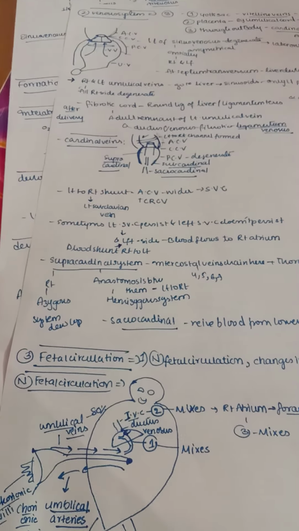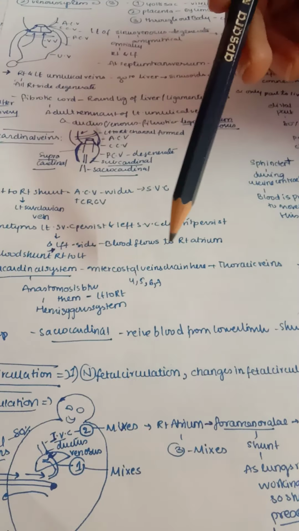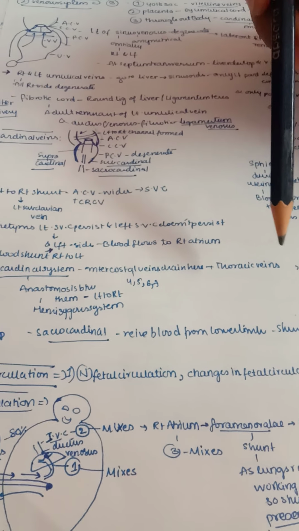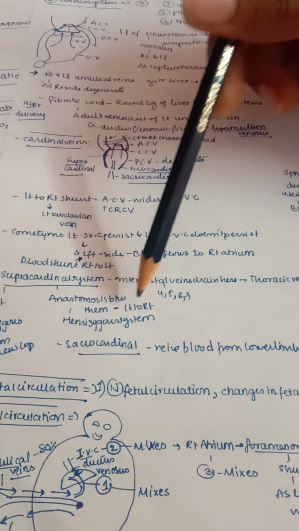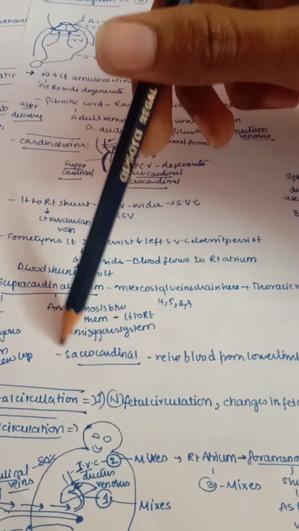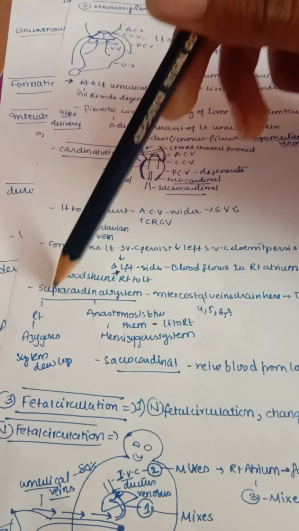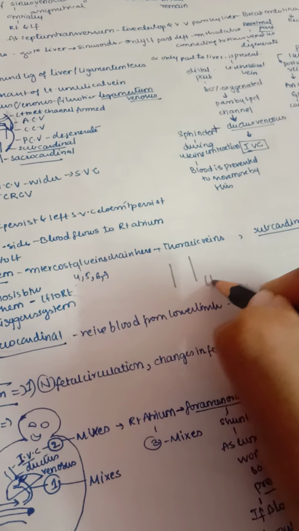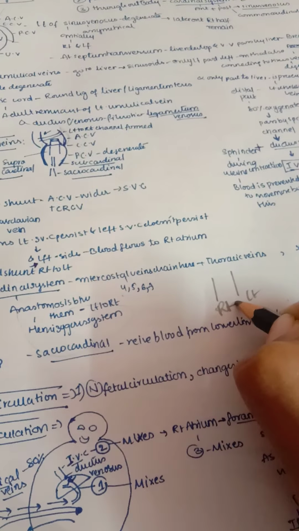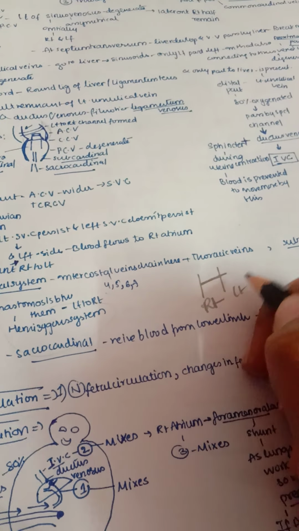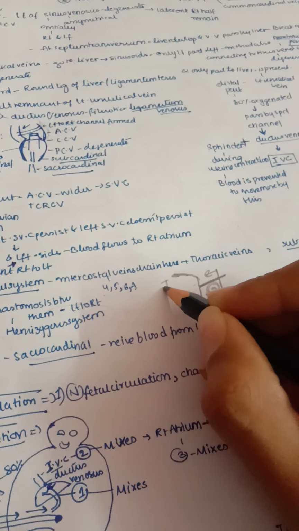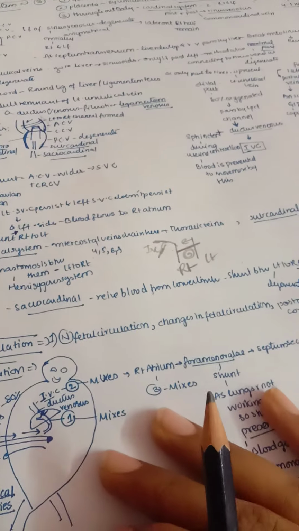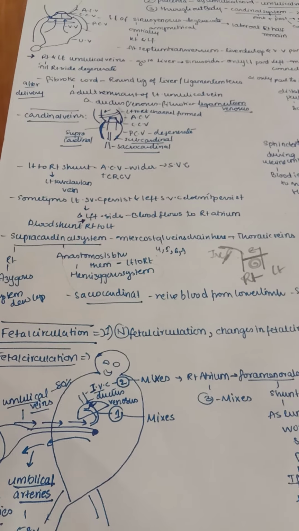Now let us see the supracardinal system. Here we have intercostal veins like 4, 5, 6, 7, and also thoracic veins associated with it. They have anastomosis between them from the left side to the right side, that is the hemizygous system, and only on the right side we have the azygous system. So we can understand it like this: for example, this is the left side, this is the right side, and they show the shunt from left to right side like this. This is called the hemizygous system, and only the right side goes to the inferior vena cava. This forms the azygous system of veins. So this is the supracardinal system.